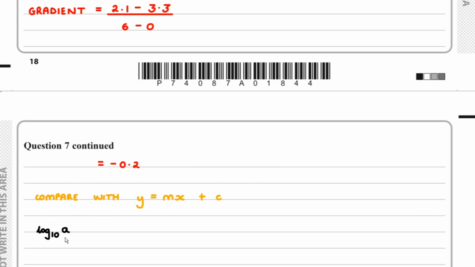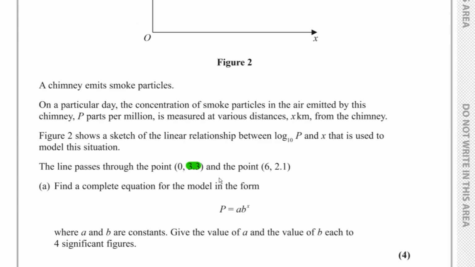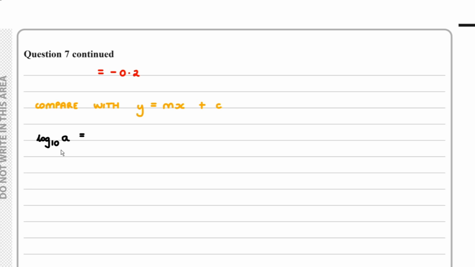So we have log base 10 of a equals 3.3, which means a is equal to 10 to the power of 3.3. And similarly, log base 10 of b, which is effectively our m, is equal to negative 0.2,